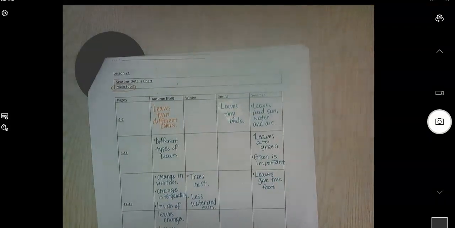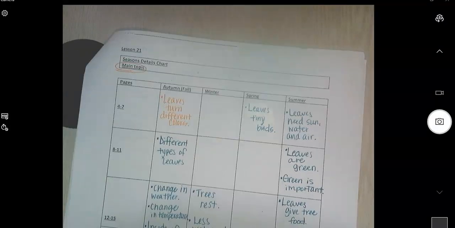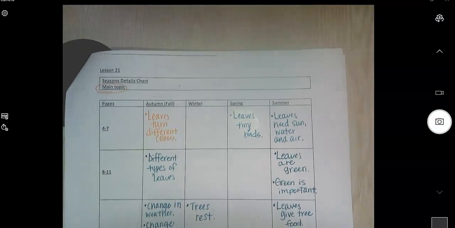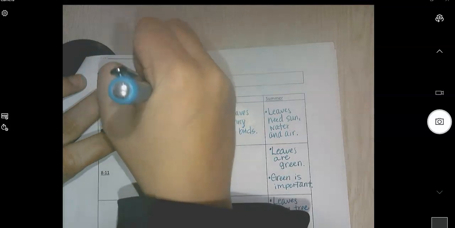So now that we know all about this, what do you think is the main topic of the text? Now that we see that in our evidence chart. If you're thinking that the main topic of this text is changes that happen to leaves and what causes the changes, you are right. So you're going to put the main